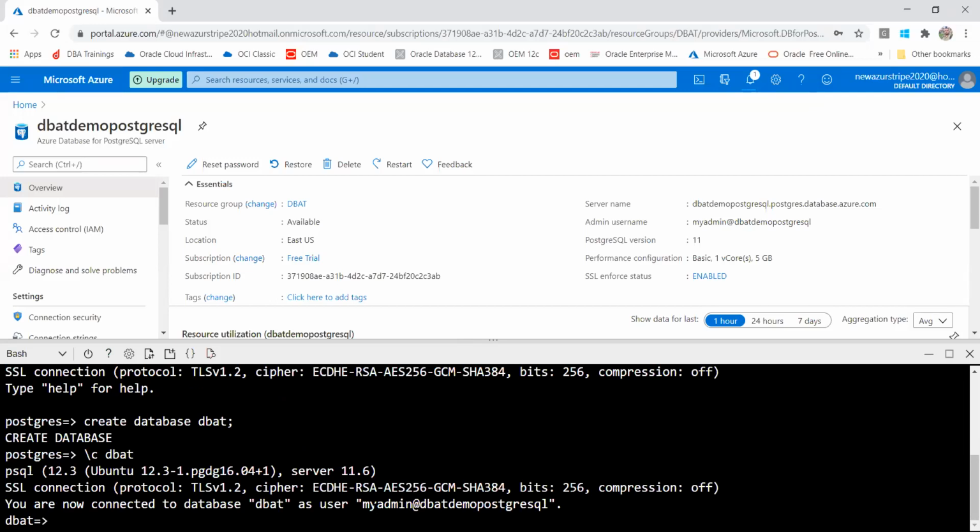Got it? So that's how you are able to create your tables, all those things. It depends on your business need. You can do whatever you want at the database level. How you want to use it, you can build and deploy based on your business need, and you can do it from the command line.